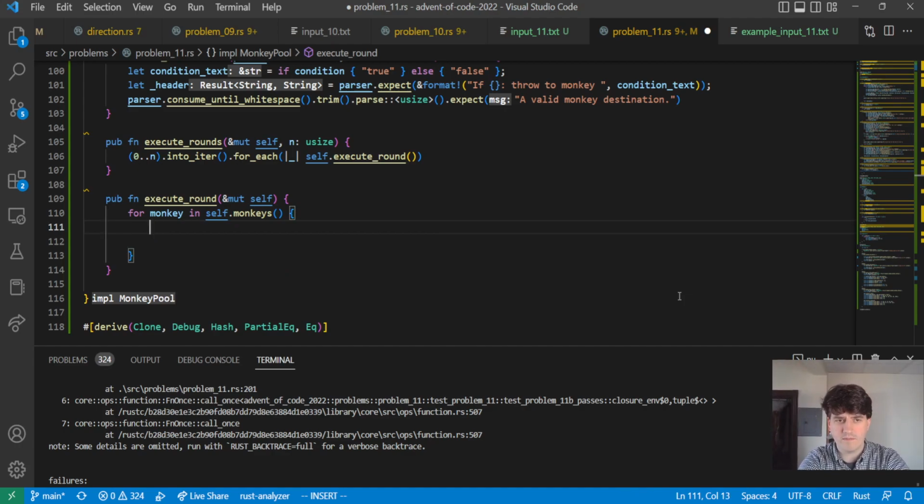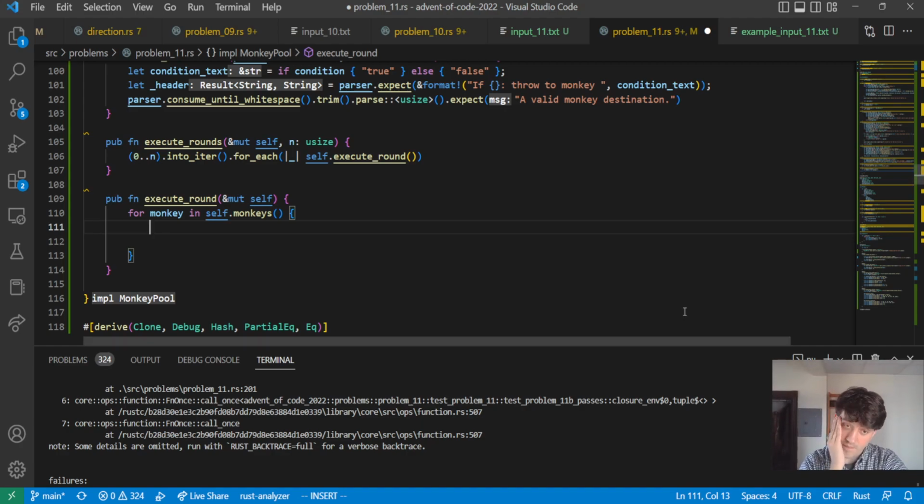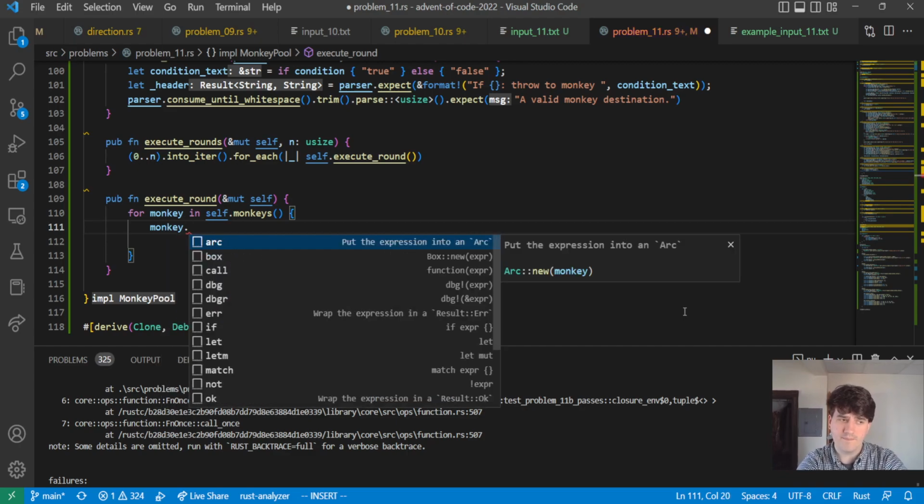It's not even that. It's because the monkey has all of them. Monkey inspects and throws each one in turn. So yeah, so I guess we could say monkey dot